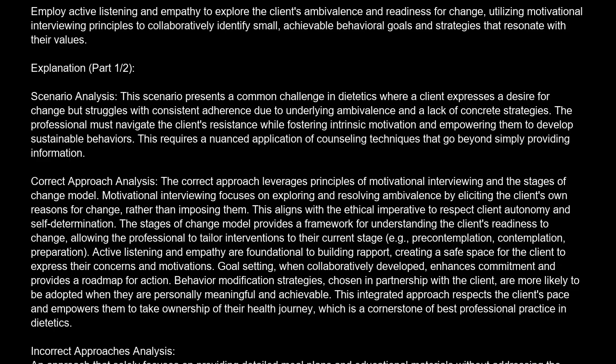interventions to their current stage, e.g. pre-contemplation, contemplation, preparation. Active listening and empathy are foundational to building rapport, creating a safe space for the client to express their concerns and motivations. Goal setting, when collaboratively developed, enhances commitment and provides a roadmap for action. Behavior modification strategies, chosen in partnership with the client, are more likely to be adopted when they are personally meaningful